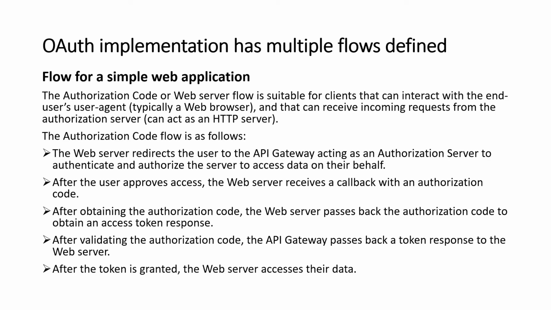I've already told you there are multiple flows, but we are going to work on the simple web application flow. The authorization code is the name of the flow which is used for web applications. In OAuth 2 there is something called the grant type, or the response type, or method type, which defines how you want to use OAuth 2. So for the basic web application we are going to use the authorization code. Then there are different others.